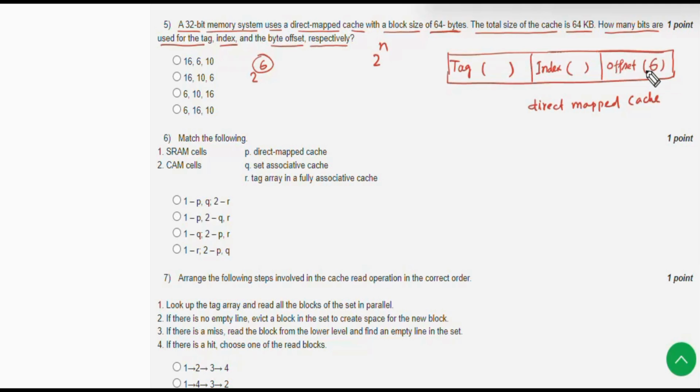Also, the cache has 1024 entries, which can be represented as 2 to the power 10. So, the next 10 bits of the memory address are used for the index. Now, the remaining bits of the memory address are used for the tag. The system memory here uses 32 bits.